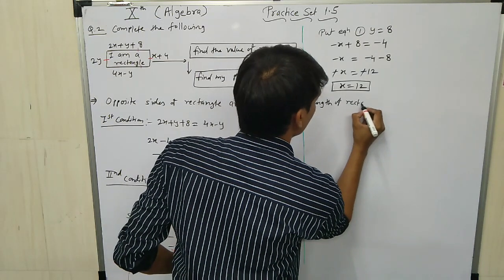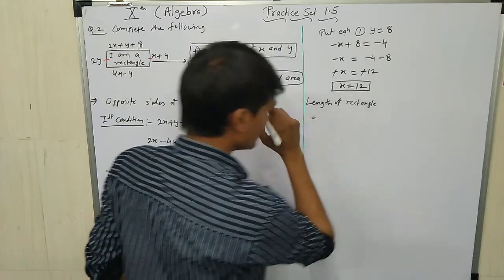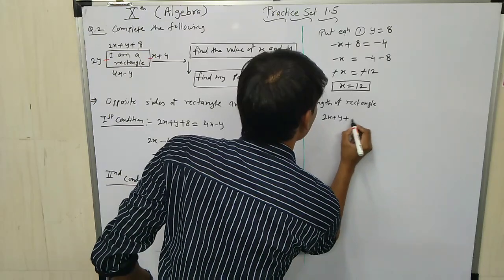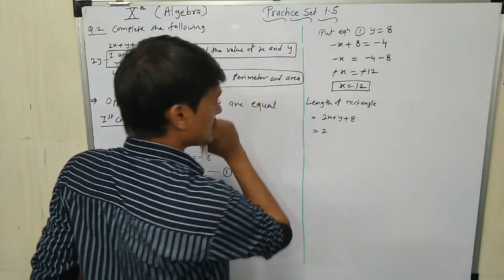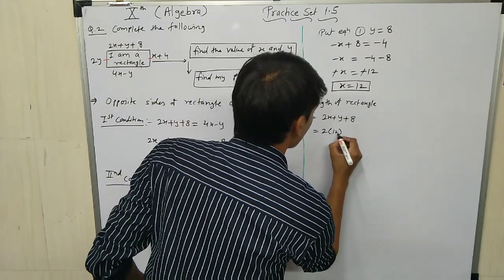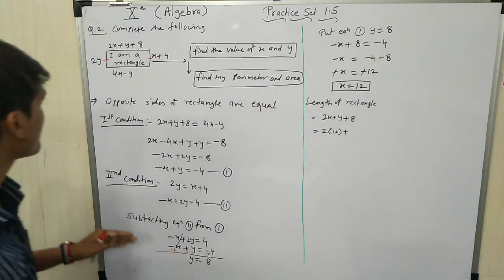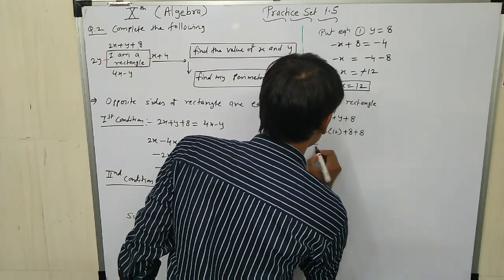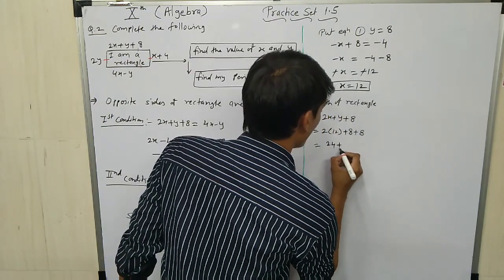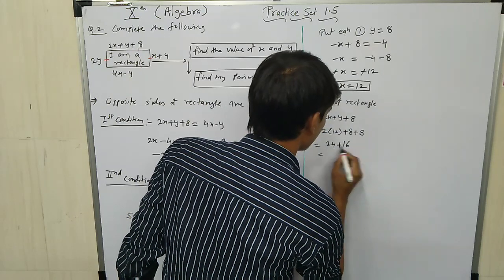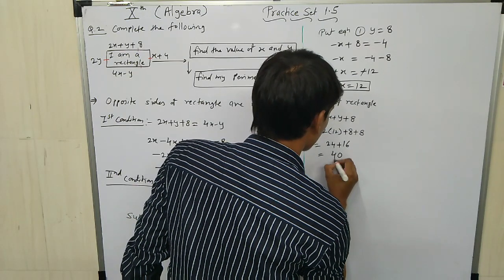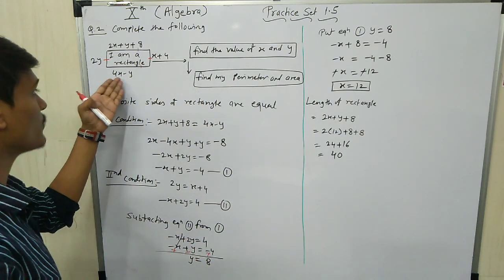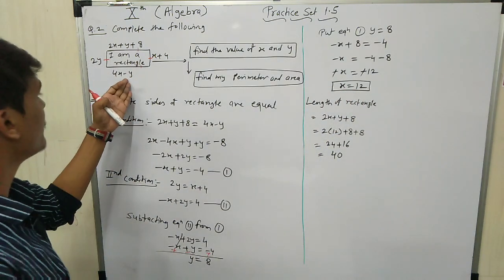Length of rectangle is equal to 2x plus y plus 8. The 2x value is what? 12, plus y value is 8, plus 8 is equal to 24, 16, 40. Got it? If you put the values here as well, 4x minus y, 4 into 12, 48, minus 8 is